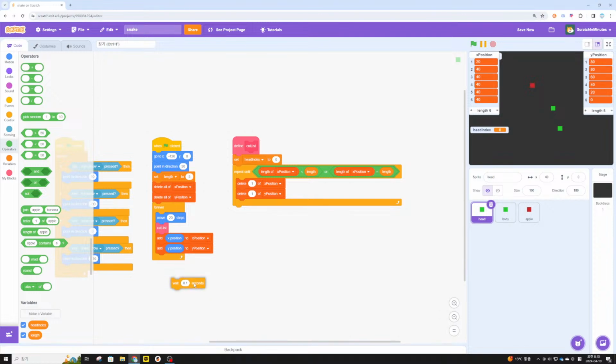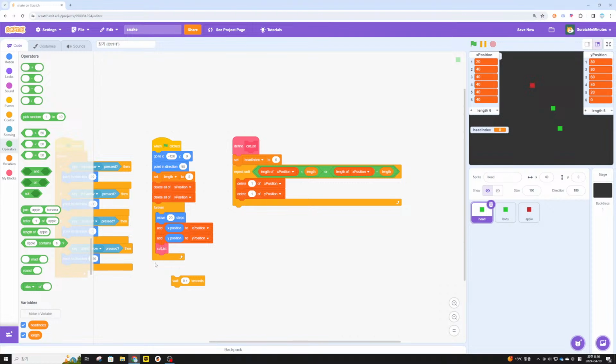Okay, so the thing is, if we add this cut list function after we add our current x and y position to the list, our current x and y position would always be included in the list. If we were to set those coordinates for our body to show up in, then it would always collide with the head, because the head's coordinates are the set coordinates for the body. And so not to do that, we're gonna